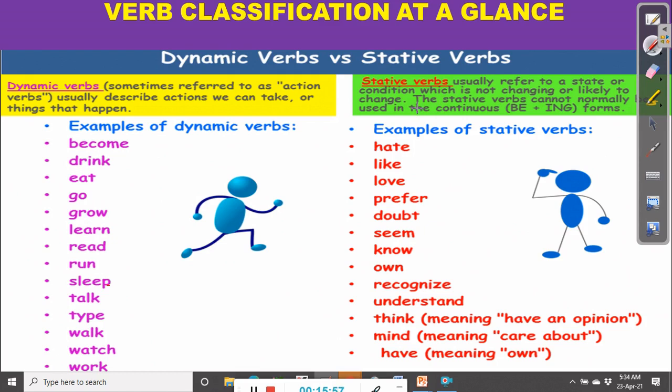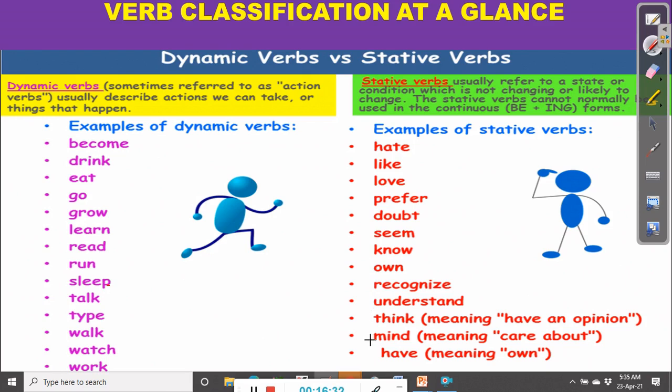The word stative is derived from the word state. A state is a condition, all right? The stative verbs cannot normally be used in the continuous forms, that is the ing form, all right? Examples of stative verbs are hate, like, love, prefer, doubt, seem, know, own, recognize, understand, think, meaning to have an